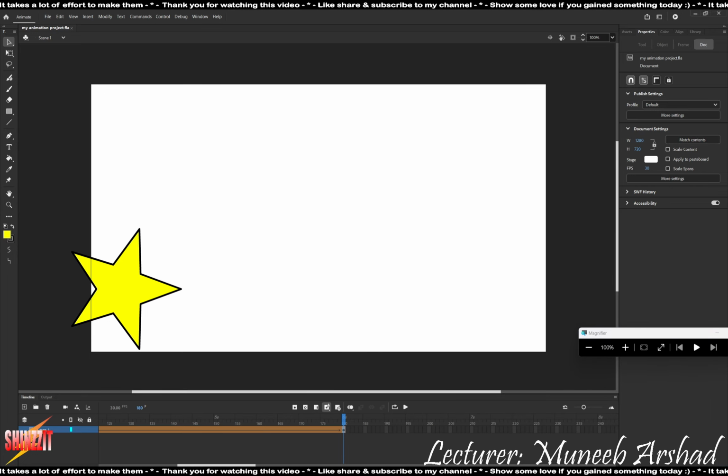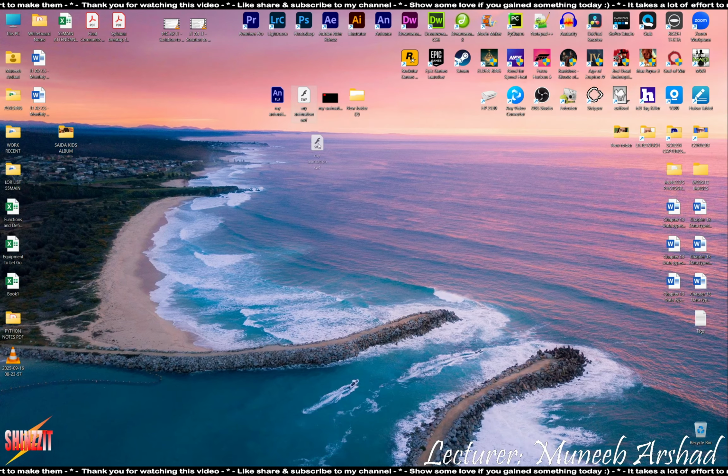ठीक है, अभी देखो जी, this is my SWF. This is only playable using a flash player. Flash player is no longer available, तो आपको इंटरनेट से भी नहीं मिलता. सबसे बड़ा मसला होता है, SWF फाइल तो बना ली, लेकिन उसको प्ले कहाँ करें, चेक कहाँ करें अपनी एनिमेशन